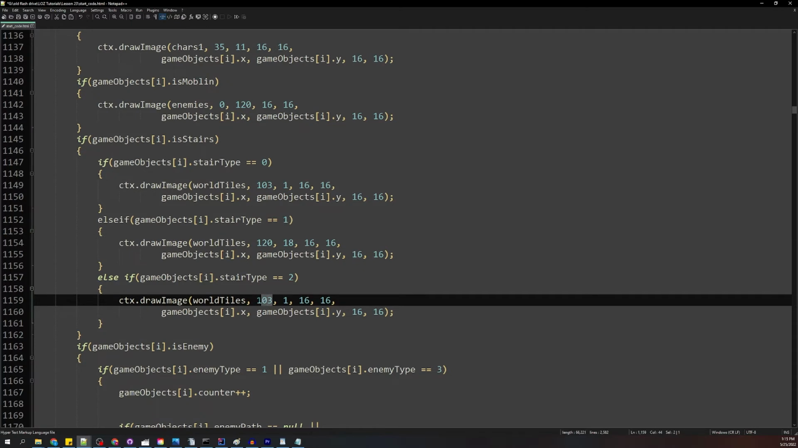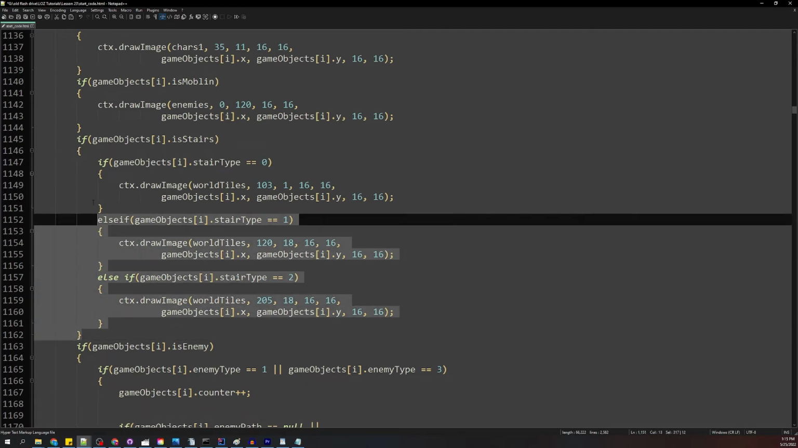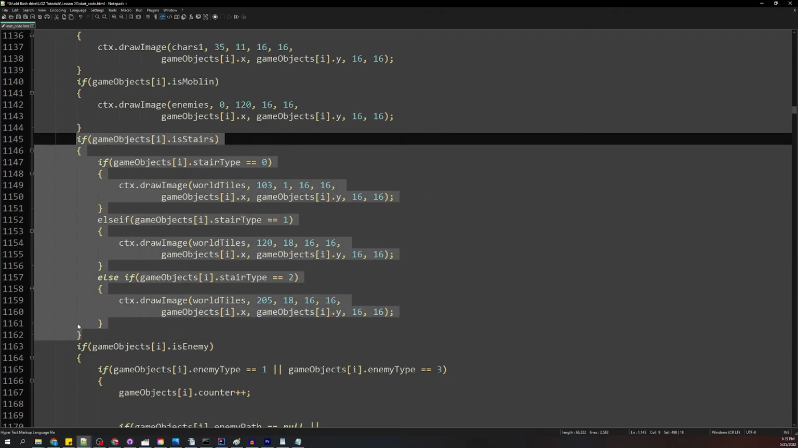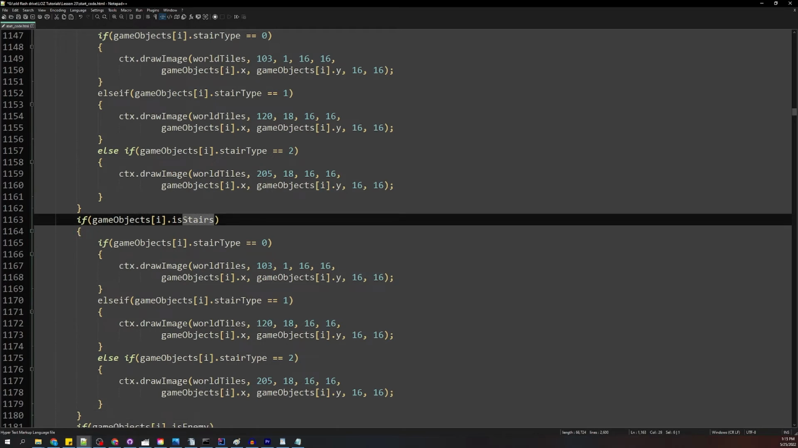And this is going to be 205, and this is going to be 18. Okay, so that looks good. We have one other thing, and I'm just going to go ahead and copy this because a lot of them are going to be similar. And so here we have